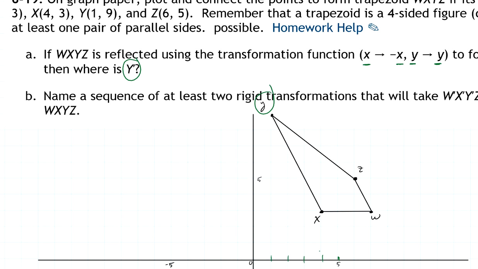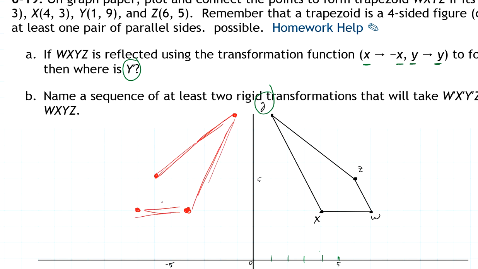So if I look at, and I'll use a different color here, point X was over 4 up 3, so I'm going to go back 1, 2, 3, 4, but still up 3. So this is my new X. W was over 7 up 3, so I'm going to go back 7, 5, 6, 7, and then up 3. Z was over 6 and up 5, so I'm going to go back 6 and up 5. So here's the new Z. And then finally, I'm going to go back 1 and then up 9. So here's this new Y. So you can see, and I'll just crudely sketch it, this is the new